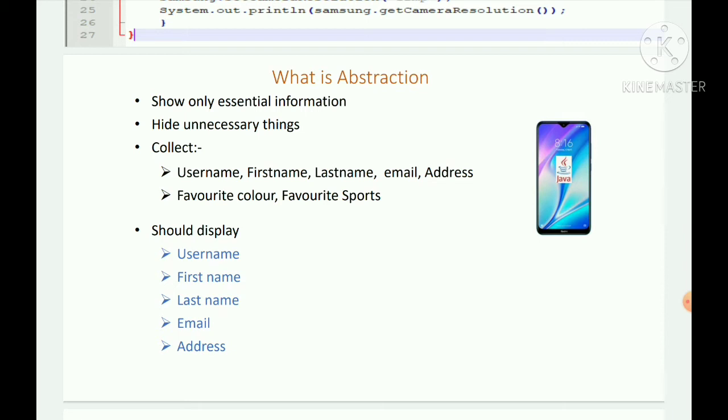Because you may have the experience with various websites, for example, certain shopping cart websites and other websites, right? They are asking for information while you are doing the sign up. They will ask username, first name, last name, email address, and everything. And they will ask favorite color, favorite actor, and a lot of details, but they are going to frequently utilize only the username, first name, last name, email address, those 4 to 5 data only. So in the screen of the app or website, you can see this information only.